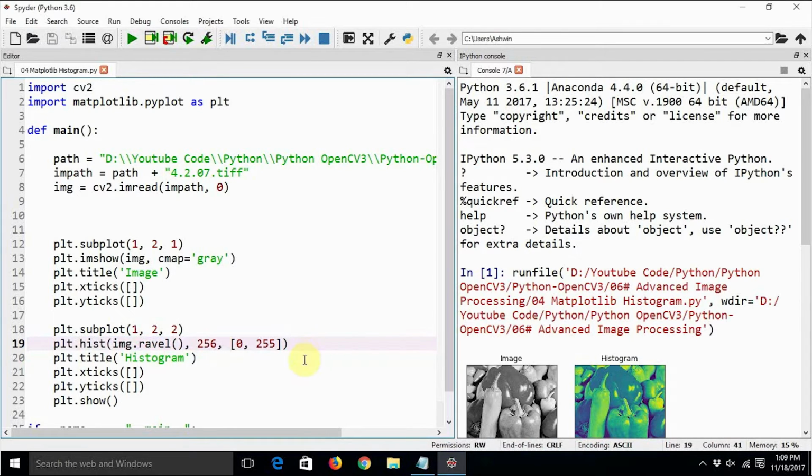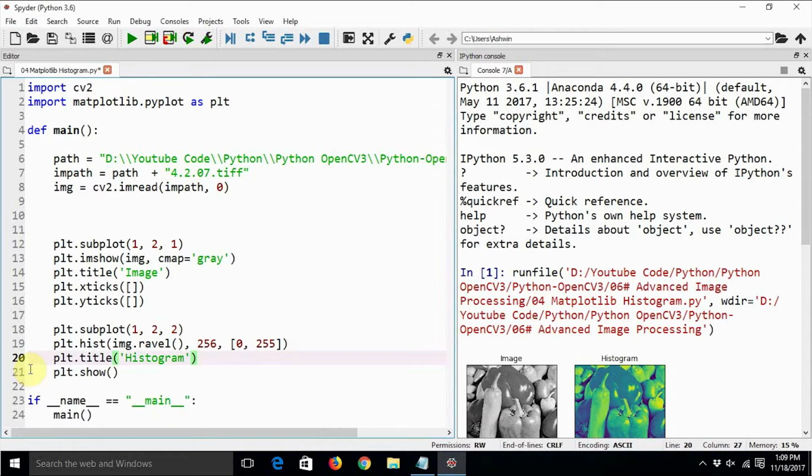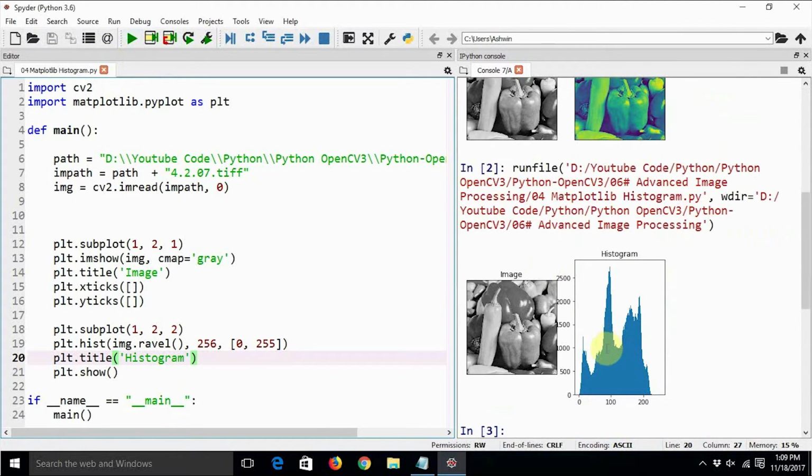So this is the simplest way in matplotlib we can calculate a histogram. Because this is a histogram, we can just delete these 2 lines, because we need to have the graph. Okay, let's save this code and let's execute it. So here we are able to see the histogram of an image, and I guess this is a bit skewed in the sense we need to have almost 256 different values here. So the scale has to be adjusted properly.